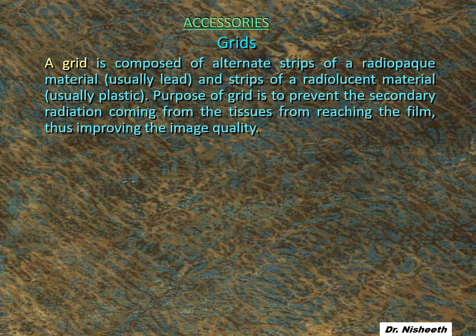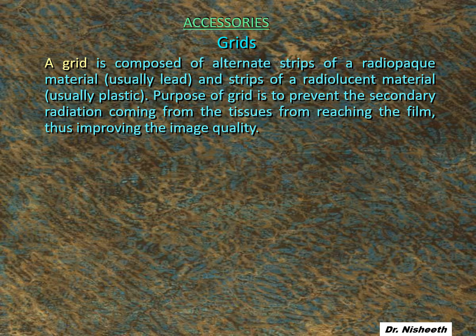Sometimes what happens, I have already told you that when X-rays interact with matter, they interact in three ways: either Compton scattering, coherent scattering, or photoelectric absorption. That means when X-rays interact with the human body or any matter, they generate secondary photons or secondary X-rays. When we are making a radiograph, some portions of our body or head block the X-rays, and some portions do not. The portions which block the X-rays cast a shadow on the X-ray film, and one image is made. Our aim is to get a good quality image.